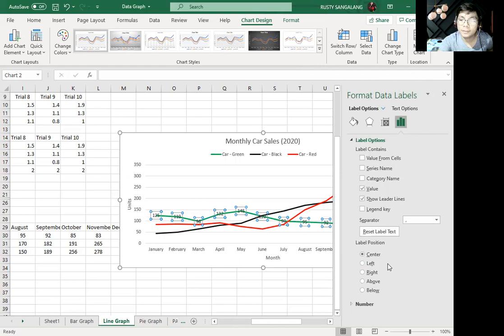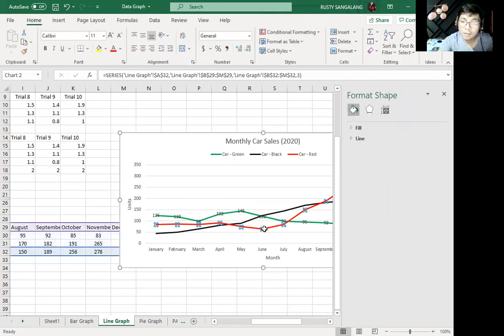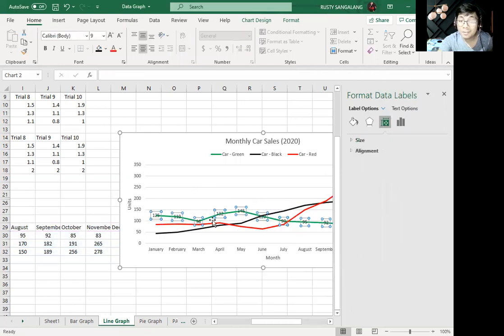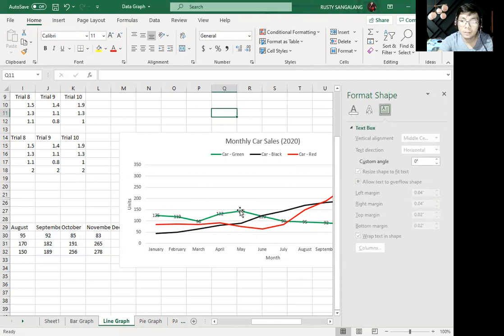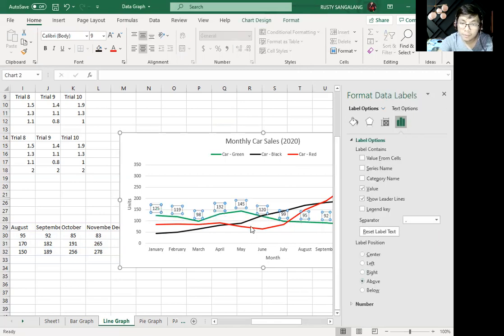Okay? Sige, center na lang natin. Same with other. Kaso, ang problem lang with center, hindi siya masyadong kita kasi nakaharang yung line dun sa number. So, pwedeng gawin natin ay doon lang siya sa above. Same with